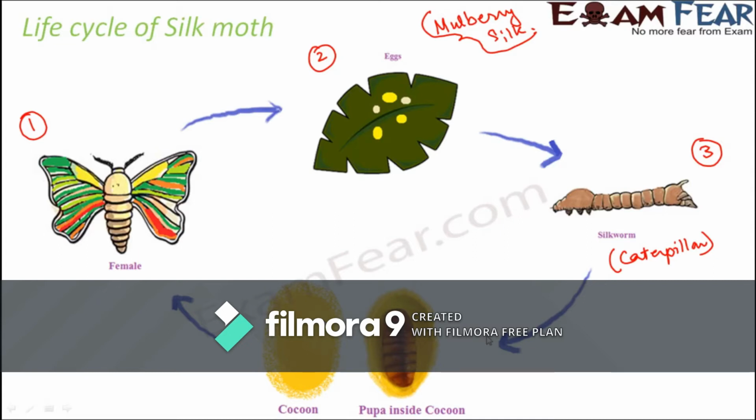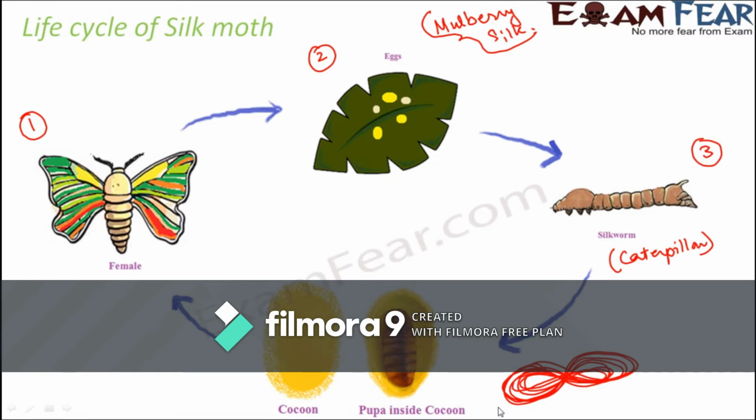Now how does it make this net? By secreting a fiber protein. It is like how we secrete saliva. Similarly, this silkworm also secretes some proteins and it moves itself in this pattern. It will keep moving like this, and at the same time it is secreting some saliva-like protein. So basically these proteins are forming a net-like structure over a period of time.